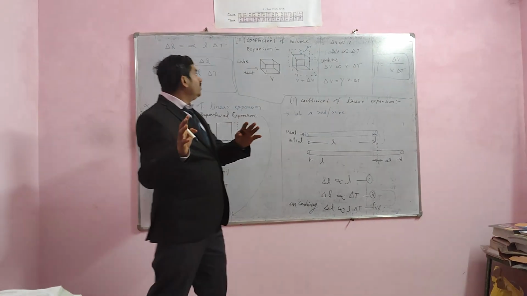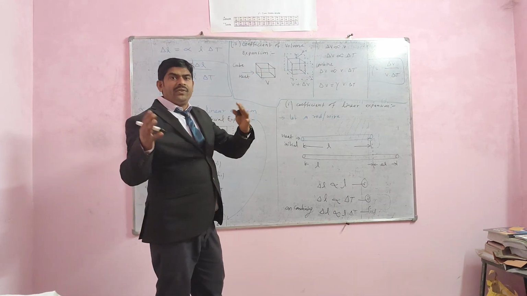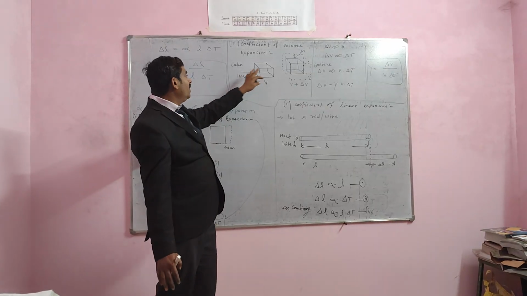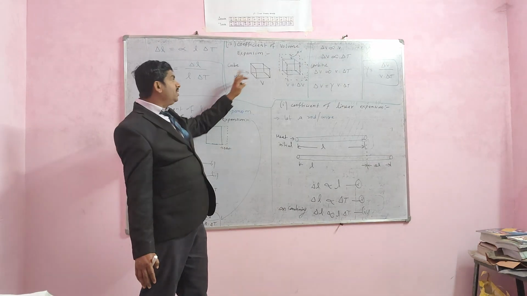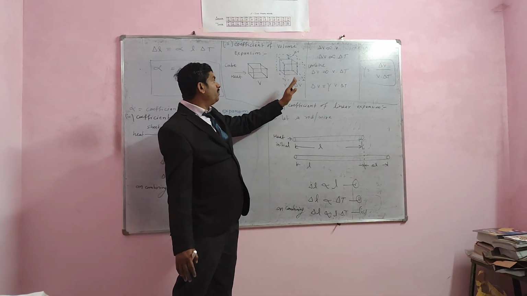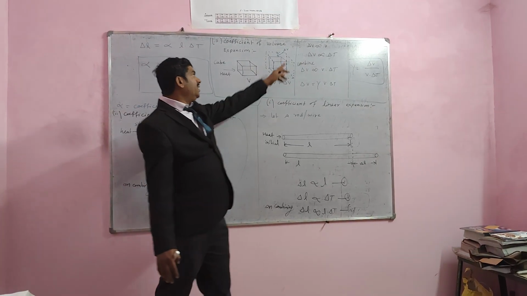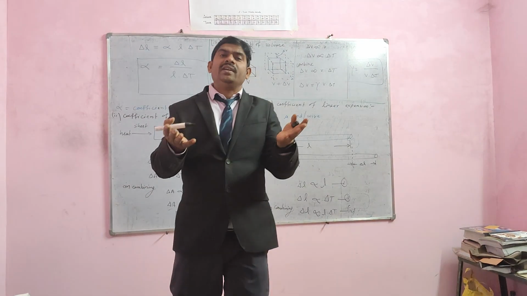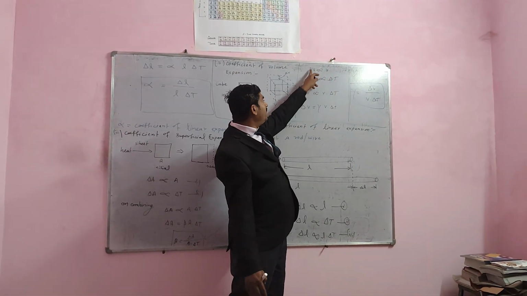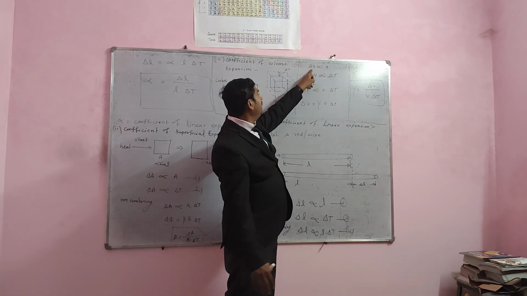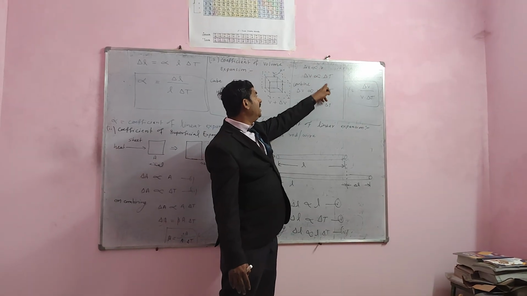Similarly, if you are talking about the coefficient of volume expansion, suppose we take a cube whose original volume is V. If we give the heat, the expansion of this cube is del V, then the total volume will change. Then del V depends upon again two factors, meaning original volume and change in temperature. Combine the equation in a similar way, del V common, proportional common, and V is this and del T is this.